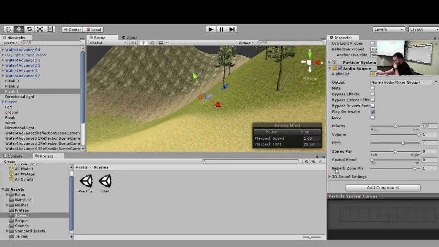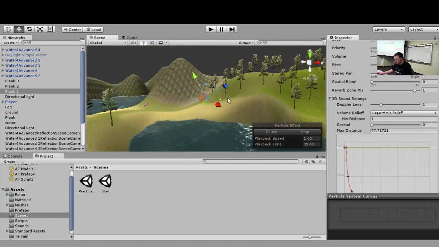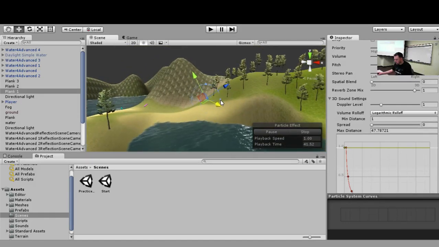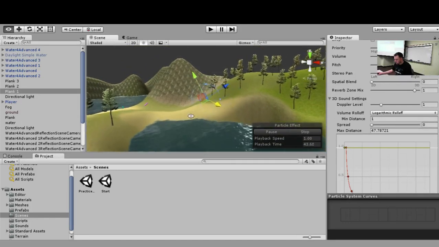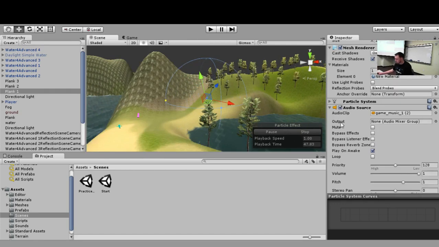I'm trying to think here, 3D sound settings. So here we can change its distance. I'm not 100% sure how much range that actually changes it to. Okay, so right, now we can just drag it and make it however big we want to make it. Okay, so now